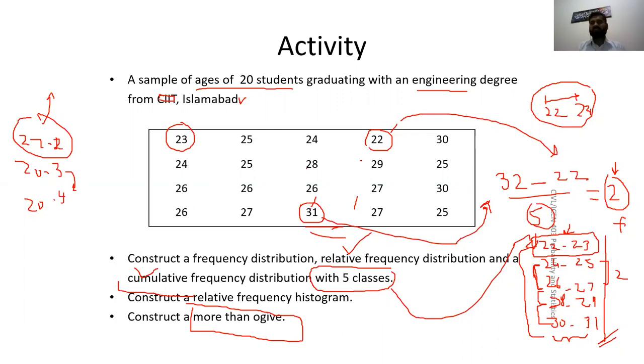If you complete this example, it means you understood this whole lecture. All right, so try to do it. I will try to post some problems similar to this activity on Moodle. Try to do them as well. And if you have any questions, you can send me a message on the WhatsApp group and I will try to answer.